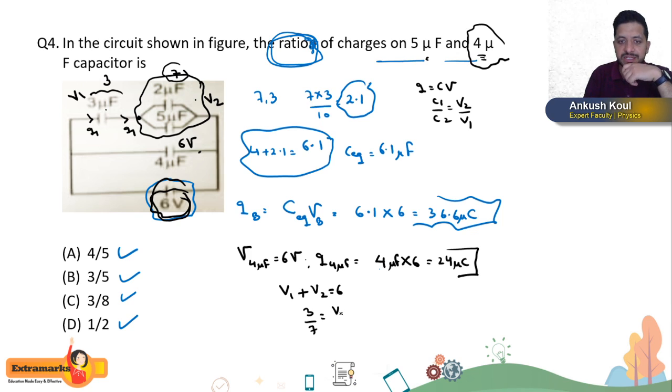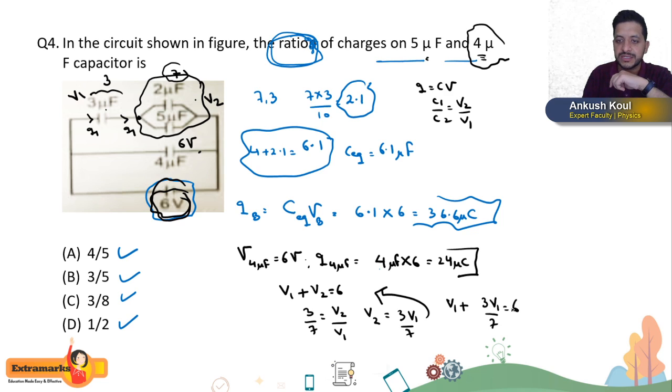So I will write V2 is equal to 3 times V1 by 7, and if I substitute it here, I get V1 plus, instead of V2, 3V1 by 7, and this is 6, and this is 10V1 by 7 equal to 6, and what we get is